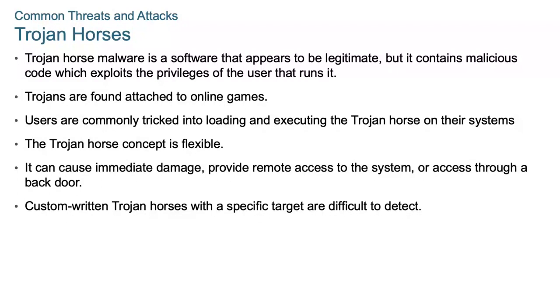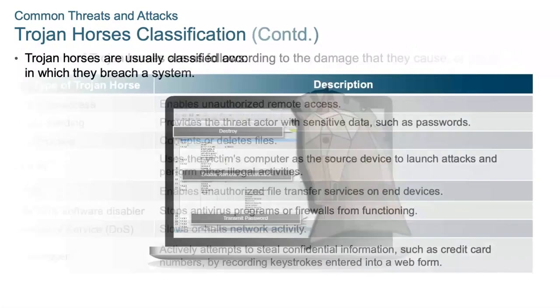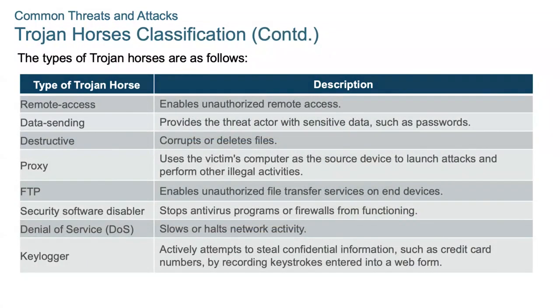Trojan horses are usually classified according to the damage that they cause, or the manner in which they breach a system. So we try to list out some of the Trojan horse types, based on how much damage this Trojan horse malware does to the